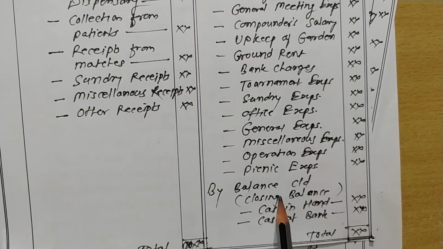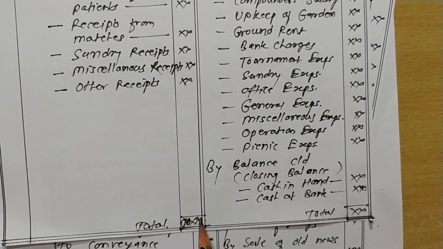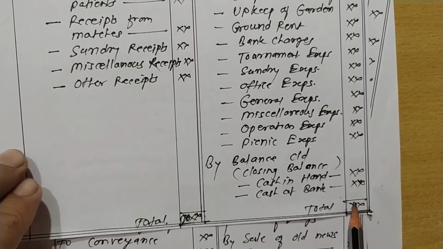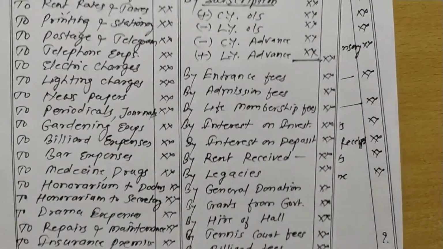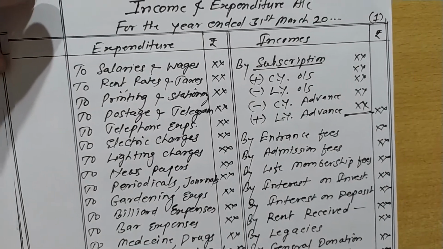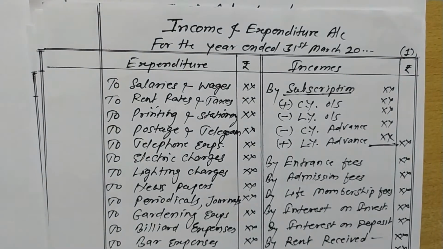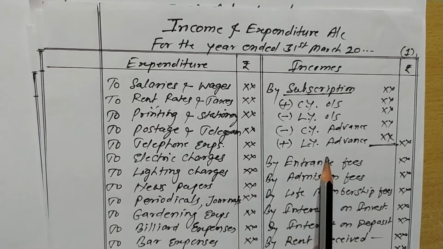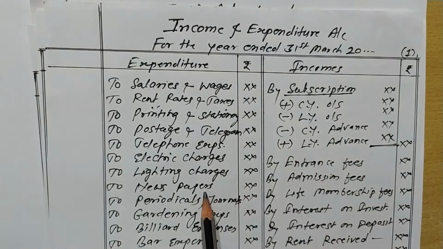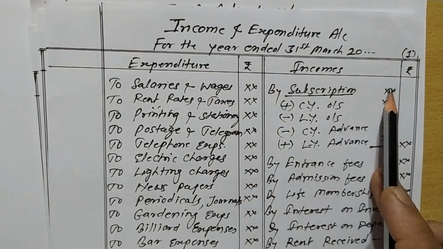And lastly, this account closes with the closing cash and bank balance. And the total of receipts is equal to the total of the payment side. Okay. Now we go to see the income and expenditure account. It is prepared on the same principles as the profit and loss account. It is divided into two parts, expenditure and incomes. The expenditure side includes all revenue expenses and the income side includes all revenue incomes,